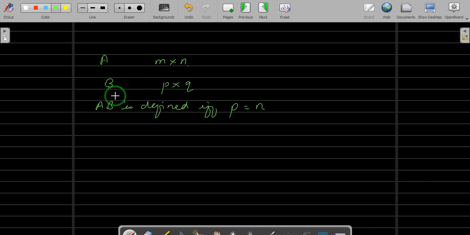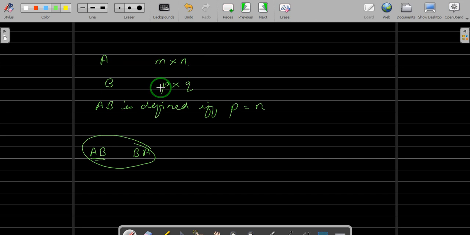Clear? And again from this example you can say that the matrix operation AB may be defined, but BA may not be defined. So it is not like if you can find AB, you can also find BA. So some cases you may be able to find AB but not BA. Okay, so this is what we need. So we will assume that the number of columns in the first matrix A is equals to the number of rows in the second matrix B, and then we will define our required function.